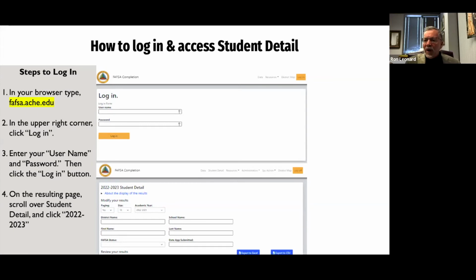If the local access manager is creating a new account, he or she will obviously create the password. Once that has been done and you click login, you will be taken to the view that shows student detail. If you scroll over student detail, it's going to take you to the most current FAFSA year. The 22-23 FAFSA year is the most current year.